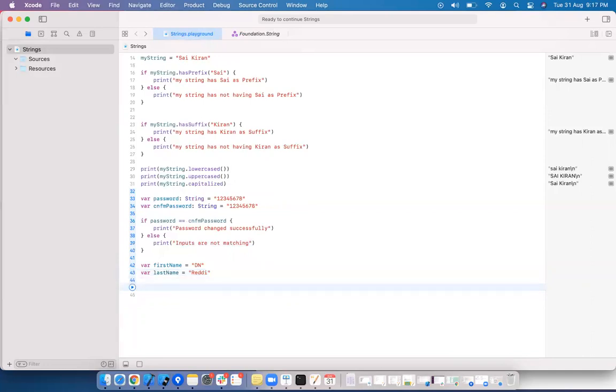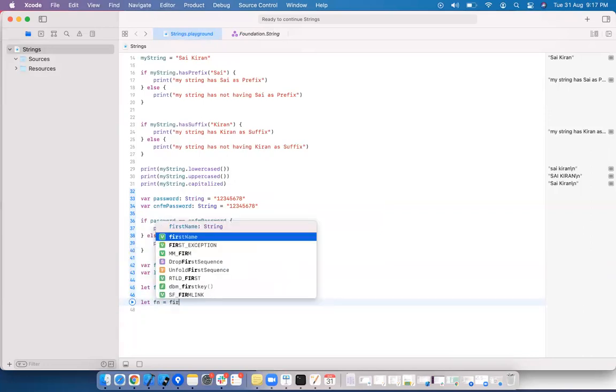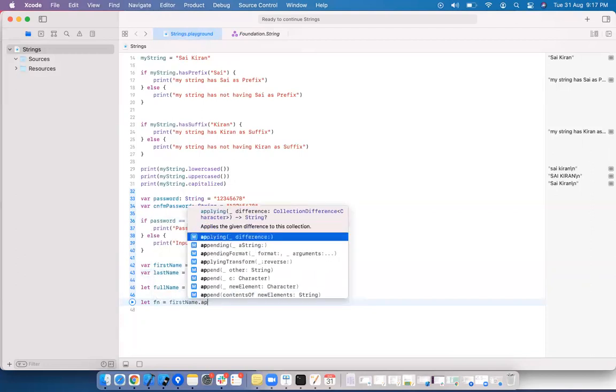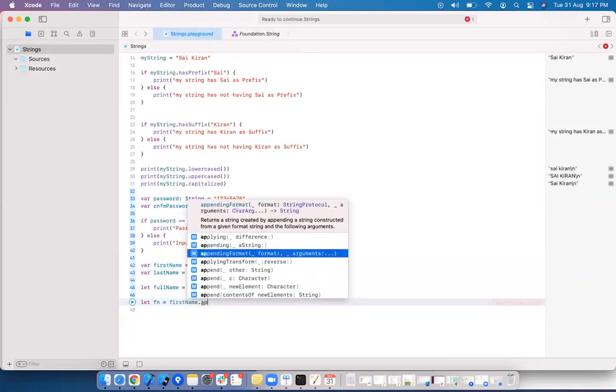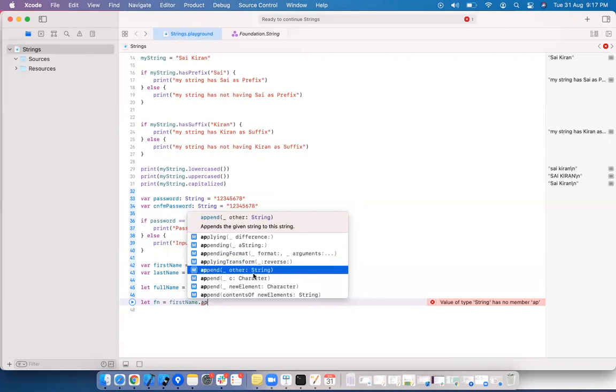I want to add these two names, that is, full name equal to first name plus last name, or else let full name equal to first name dot append. Here we have a variety of methods for append. I want to append the string. I want to pass the input argument as last name, that is a string.